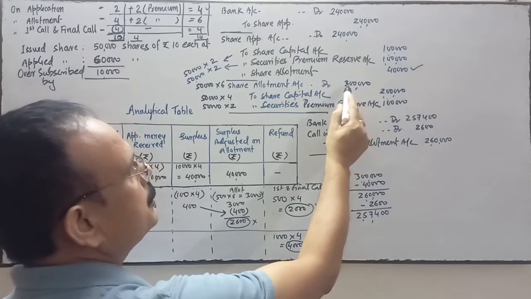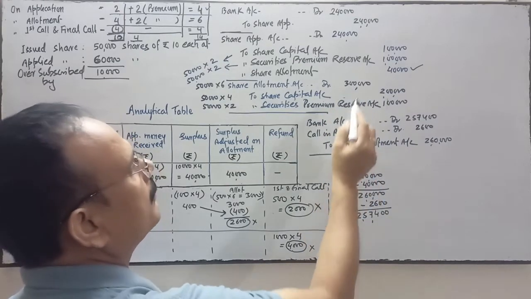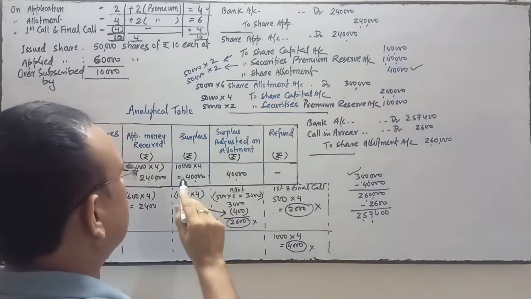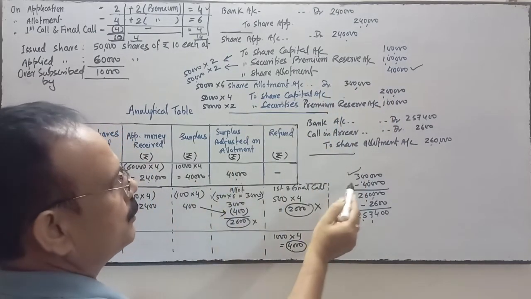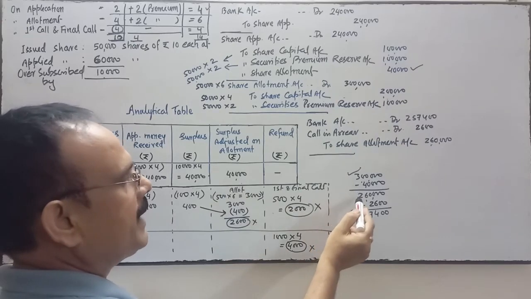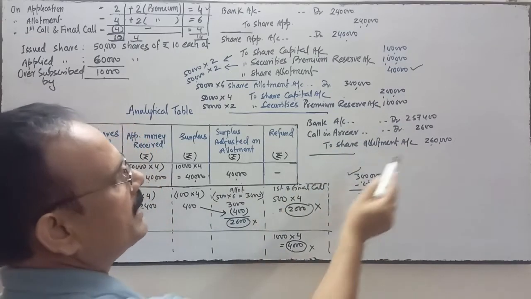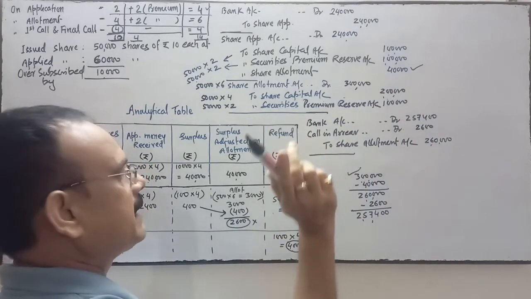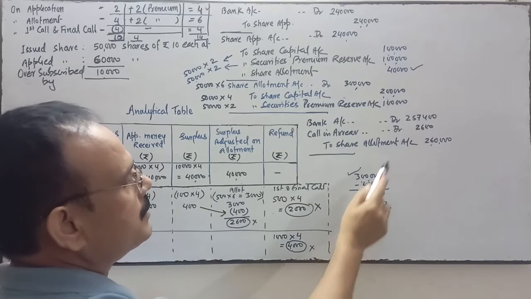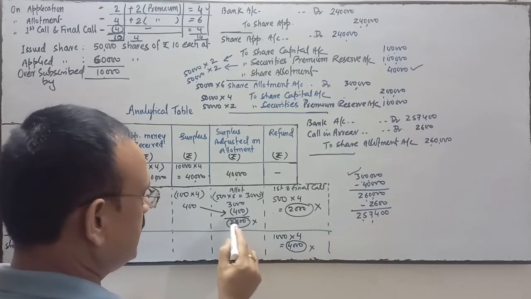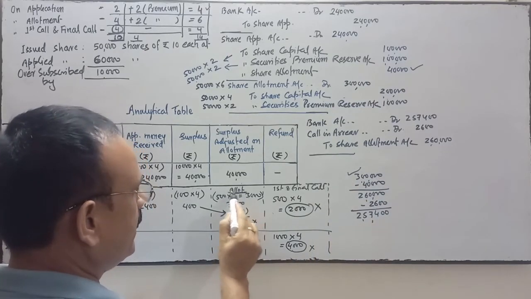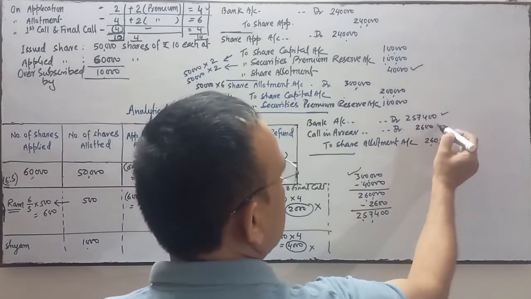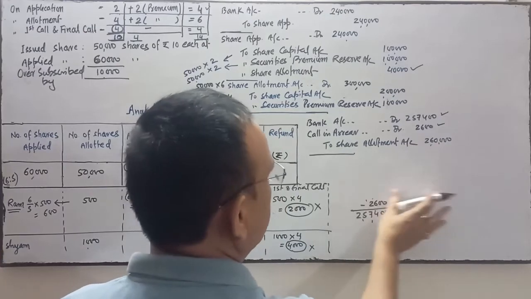Share allotment is due with this amount. However, we have already received, or adjusted, 40,000 application money on allotment. So you have to deduct it. So 2,60,000 will be credited by us. 2,60,000 credit here and 40,000 credit here. Total 3 lakh is credited by us. Minus 2,600 which is the calls in arrear on allotment. So this much amount will be in the bank and this much will be in the calls in arrear.